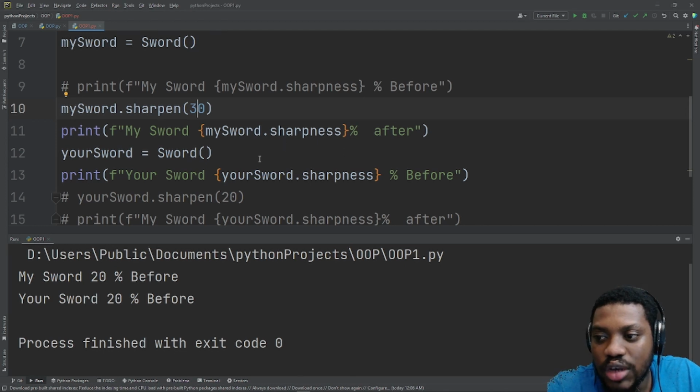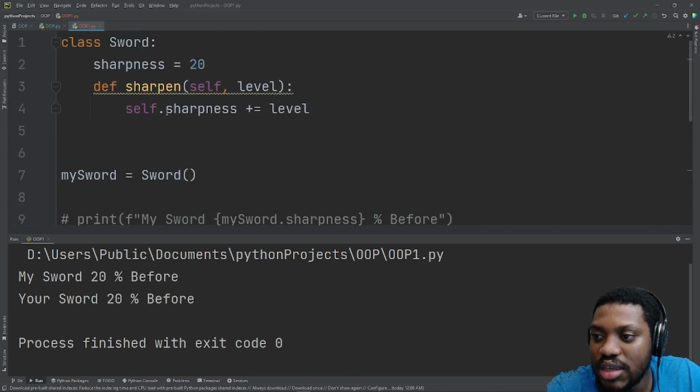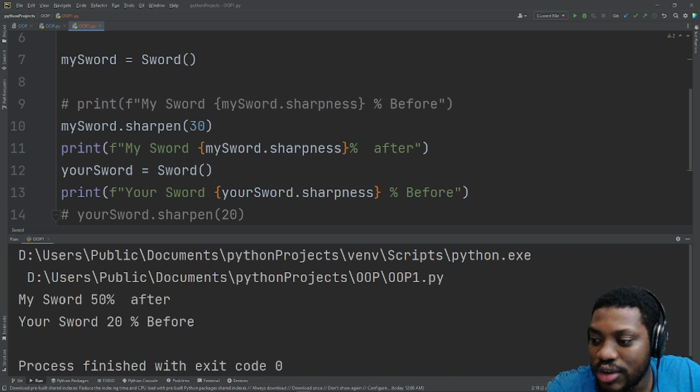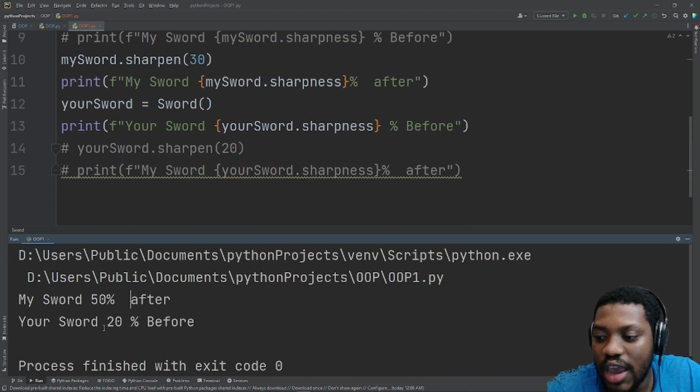Now, as you can imagine, if we increase the sharpness by whatever value, this sharpness here will change, right? So let's run this code again. Now you can see my sword is 50% after, and you can see also the sharpness of your sword still remained the